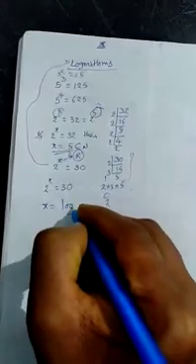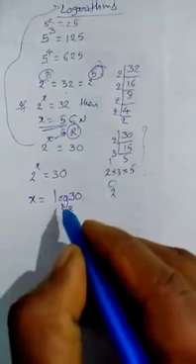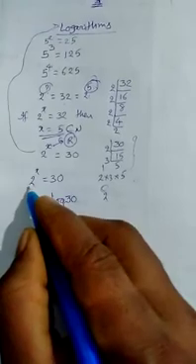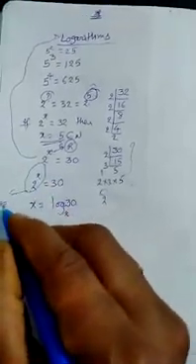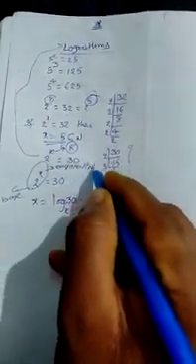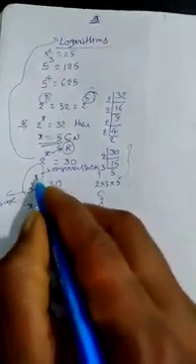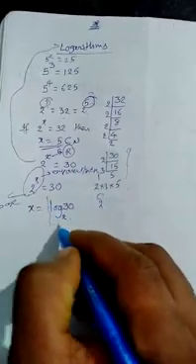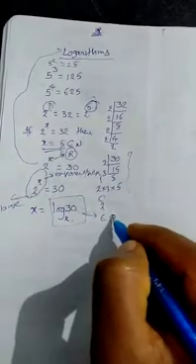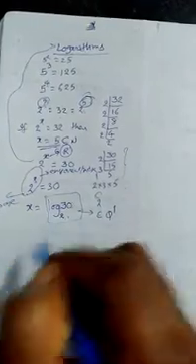Actually, logarithm is simply written as log 30 base 2. You should write like this only, log immediately beside 30, and here it is the base. Also, in powers and exponents, this is called the base, and this is called the exponent or index. Here it is 30, log 30 value, and base 2. To get the x value, you calculate log 30 base 2. This log 30 base 2 will give an irrational number. Sometimes it can be a rational number.